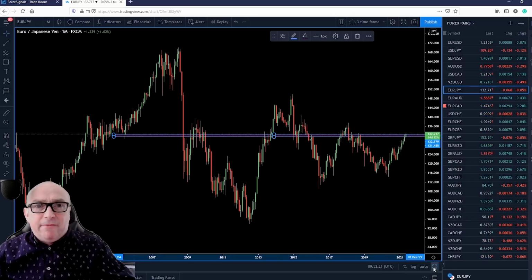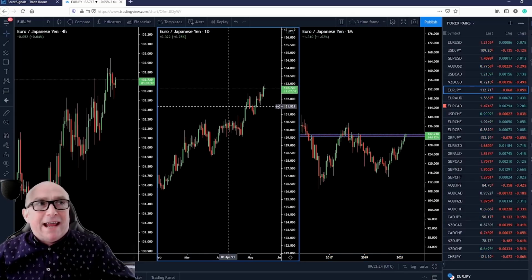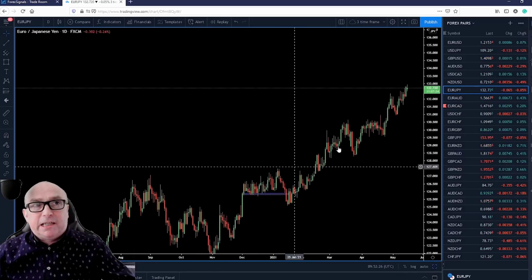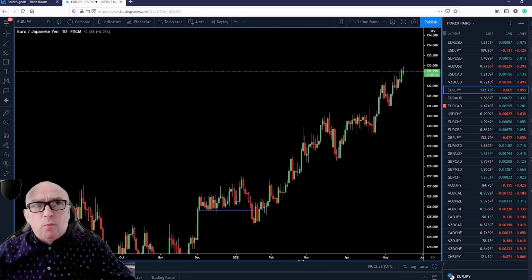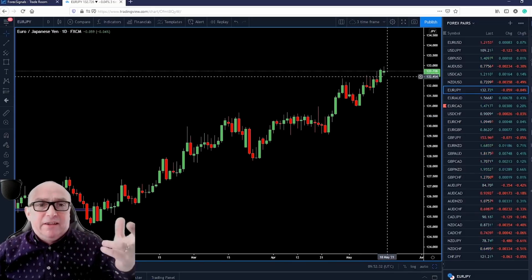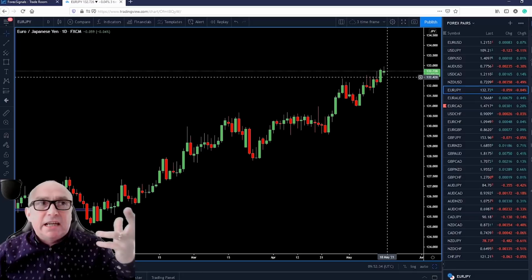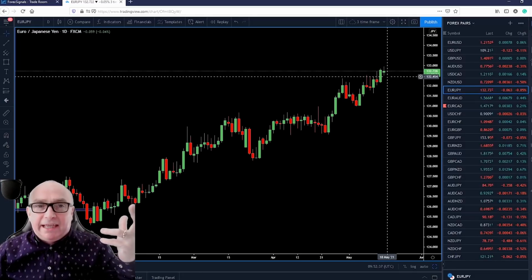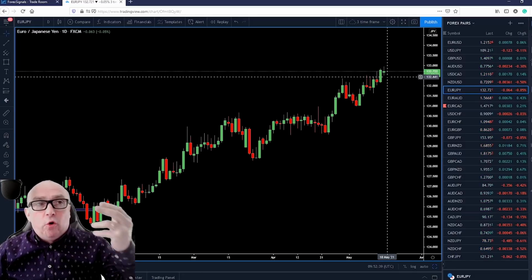So once I see that level there on the 4-hour, I'm going to be drilling down now to the daily chart in the middle here. I'll just expand that out as well. And what you're seeing in here at the moment, this daily chart, it's an indecision candle. This is a doji candle. It's showing indecision. So the markets are definitely thinking about this level. Is it going to push on, or is it going to reverse?